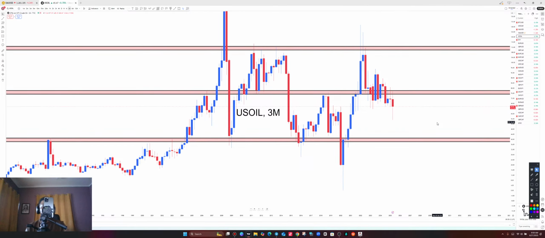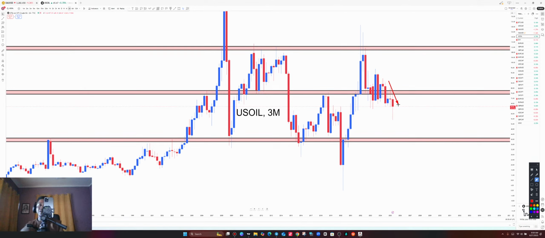Let's start. What is going on with US oil? Now, US oil, we are starting on the 3 months time frame. We have the upper zone, the mid-range zone, and then the lower zone right here as well. Where is the direction of US oil on the 3 months time? On the 3 months, we've noticed that price has been able to break below this support level to the downside. Anytime price breaks below a support level, who is in control? It is sellers that are in control. So according to the 3 months time frame, sellers are much more in control of the direction, and we are coming all the way to the downside.